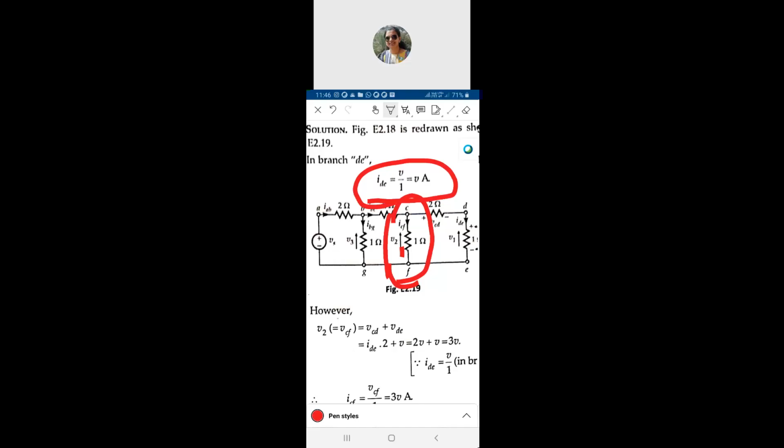VCD, we have just right now calculated only. We know VDE, which is V volt, is it right? VCD we don't know. So is it possible for us to find out VCD? Yes, exactly. VCD will be equal to, using again Ohm's law. Every time you have to use basic laws.